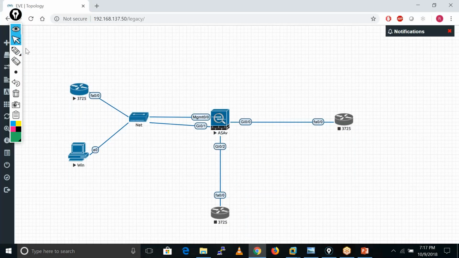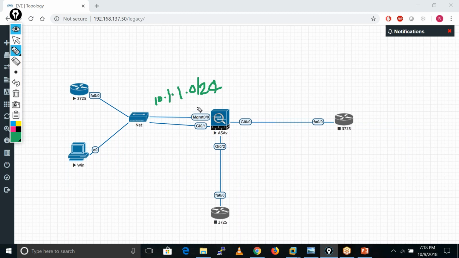Here I can draw something. So what happens, I'll put my management subnet like 10.1.1.0/24.